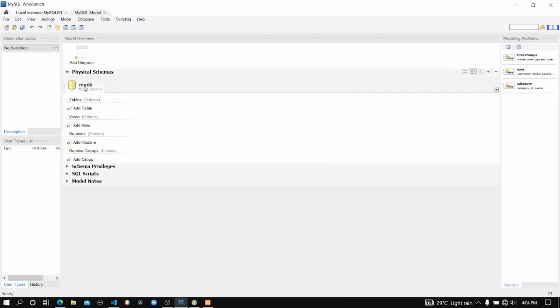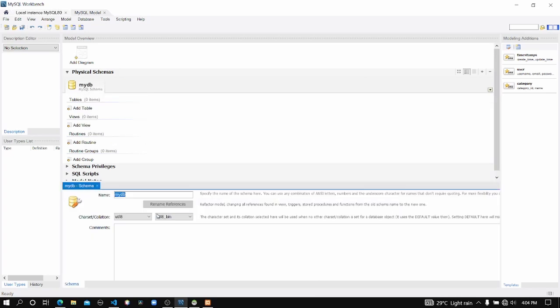Here you have to rename the database. I'm going to right click on the database name and then Edit Schema. Okay, here we can rename our database. I'm renaming it to Next Mobile DB.